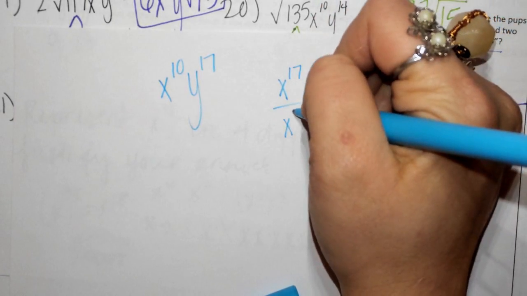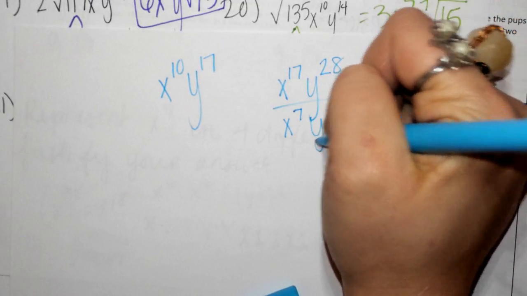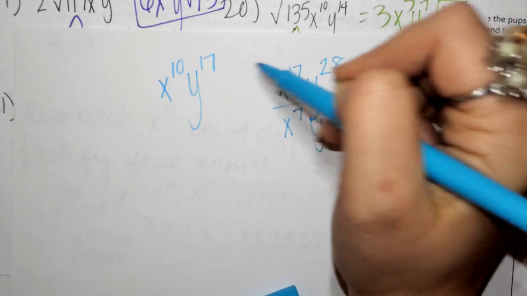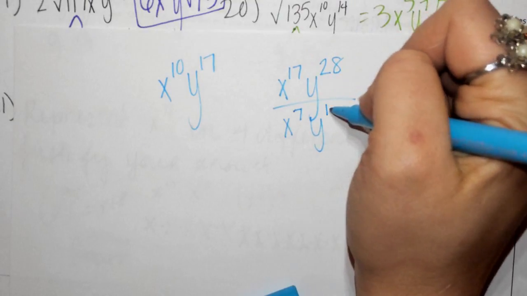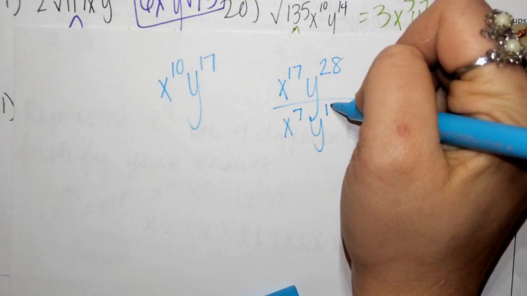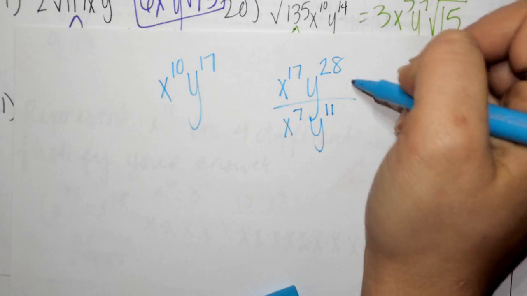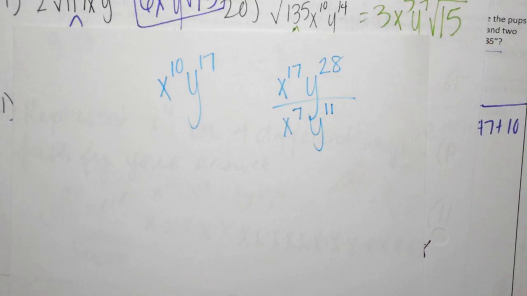X to the 10th. No, I'm tripping. X to the 7th and y to the 17th. Wait, we got to get 17. Hold on, keep doing it. Okay, take away 8. Okay, no. Yeah, that's 11. That's right. So that's one way to represent it. Now tomorrow you're going to have a problem